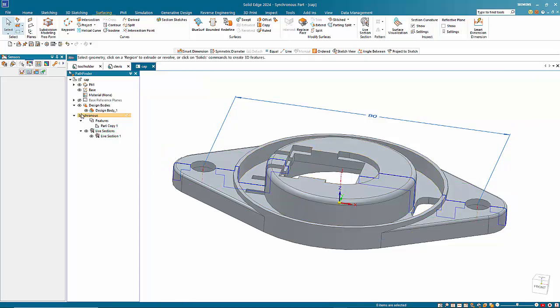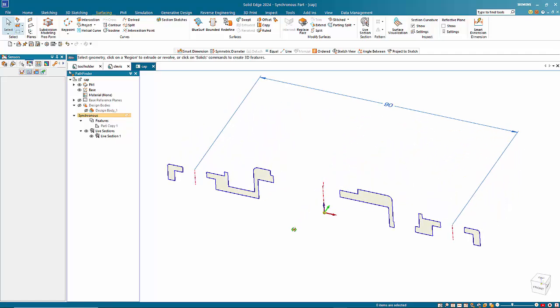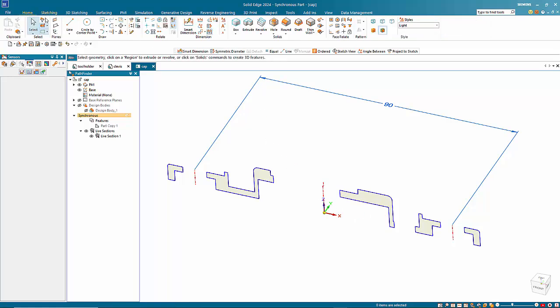So you can see if I hide the design body, we've still got this. So if the model updates, the live section will update. If I modify the live section, the model will update as well. So let's go in. I want to keep the distance sort of set around this cutout here, but I'm going to need to make the rest of it locked down. So if I go to Smart Dimension